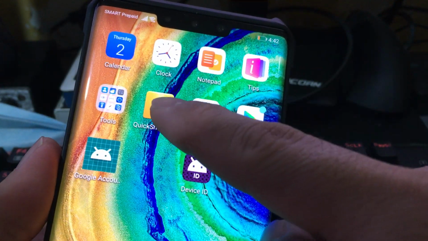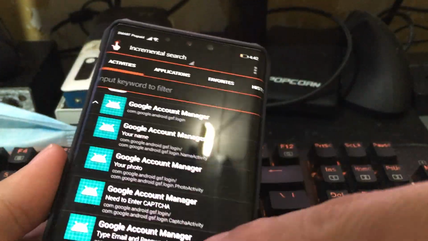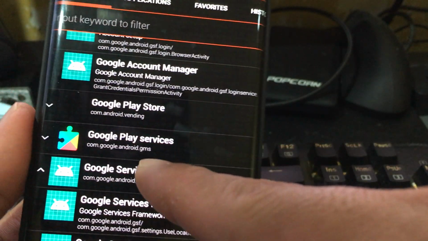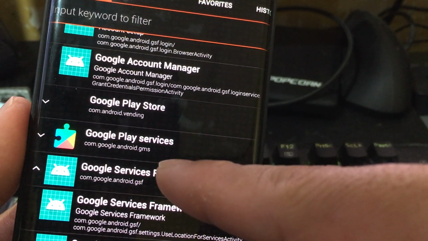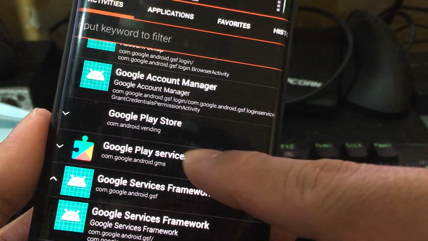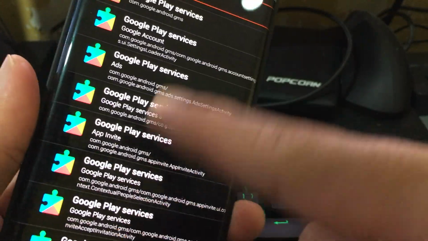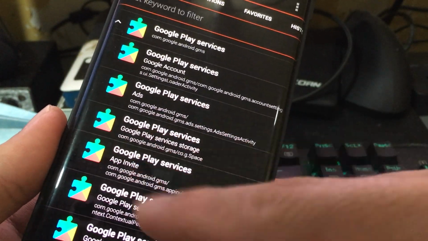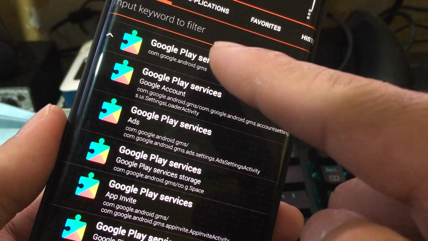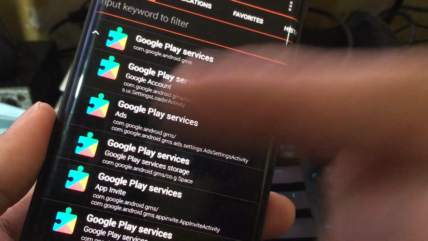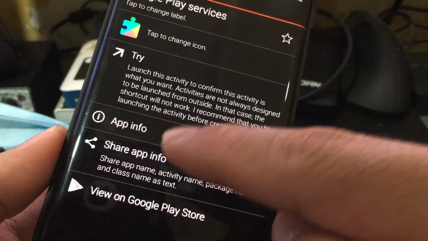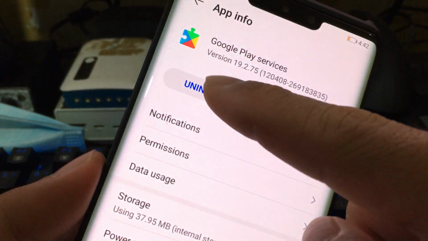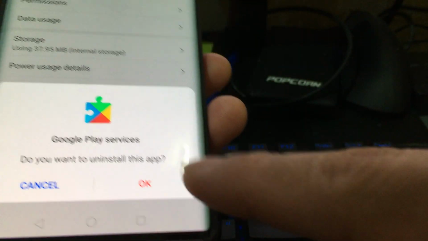Let's just use this as our track to go right directly to the services, Google Play services rather. So we can just tap on it. Everything is kind of showing the same names, but just hit any of the things here right under the main one, just the same thing that we did a while ago with the framework. Just anywhere there, and say app info, then uninstall. Okay,